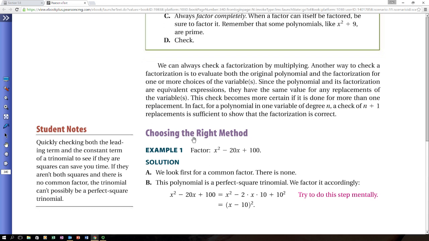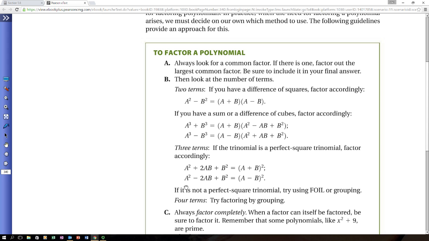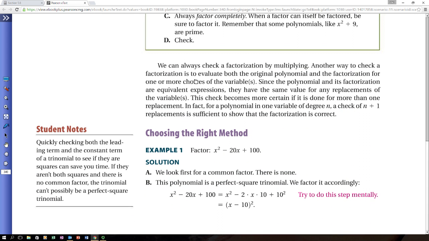As we're going through this, let's look at the strategies. I'll talk through the strategies. They talk through it here. You notice here's that A, B. That's referring back to this box of A, B, C, D, right? So their first one here, factor x squared minus 20x plus 100, the A is look for common factors first. And in this case, there's